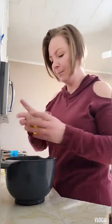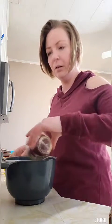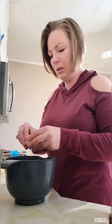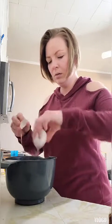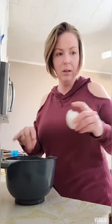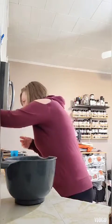Okay, so we've got our mixture in here. Now we're going to take half a cup of oil and add that in. And then we're also going to take 2 eggs and crack those in as well. And now all I'm going to do, I love these because they're super easy. Like, that's it, oil and eggs. So now what we're going to do is just take